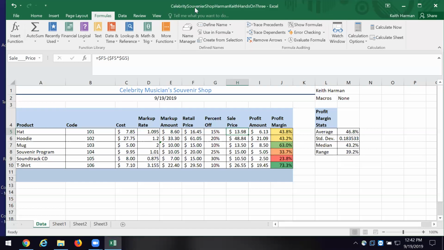Trace precedents is one of them, but there's one that's even better than that. I just want to see the formulas. Okay, evaluate formulas, but that's to assess the formulas for consistency. Well, I just want to see the formulas. Oh yeah, okay. Now, there's one very important thing that we all could use if you get stuck.